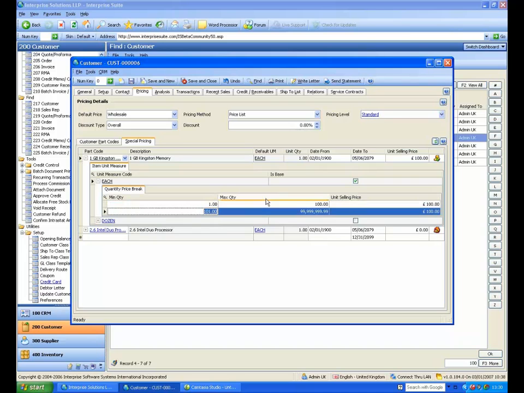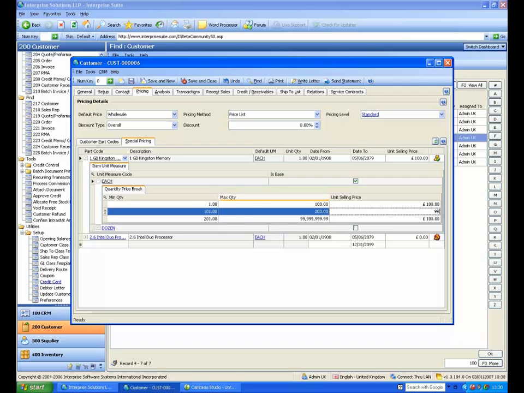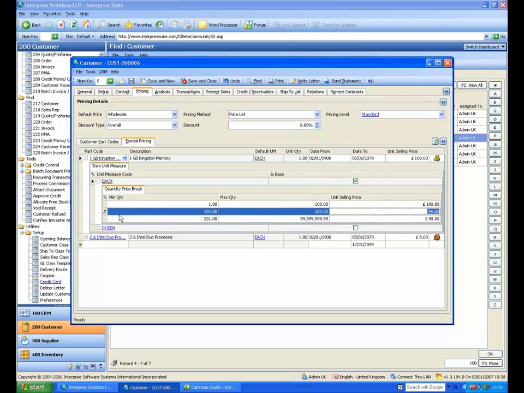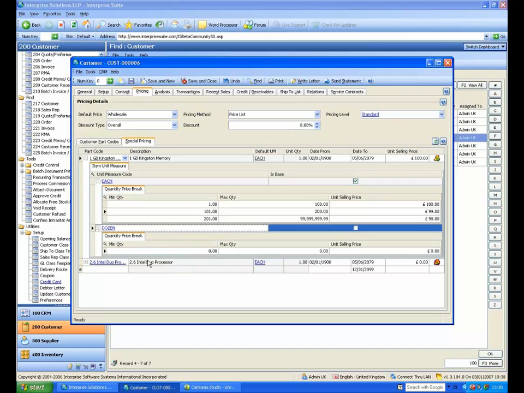we do them for £100. But if they buy 101 to 200, then we do them for £99. And above that we'll do them for 98. But it may be that if I haven't set up any quantity breaks on the dozens,